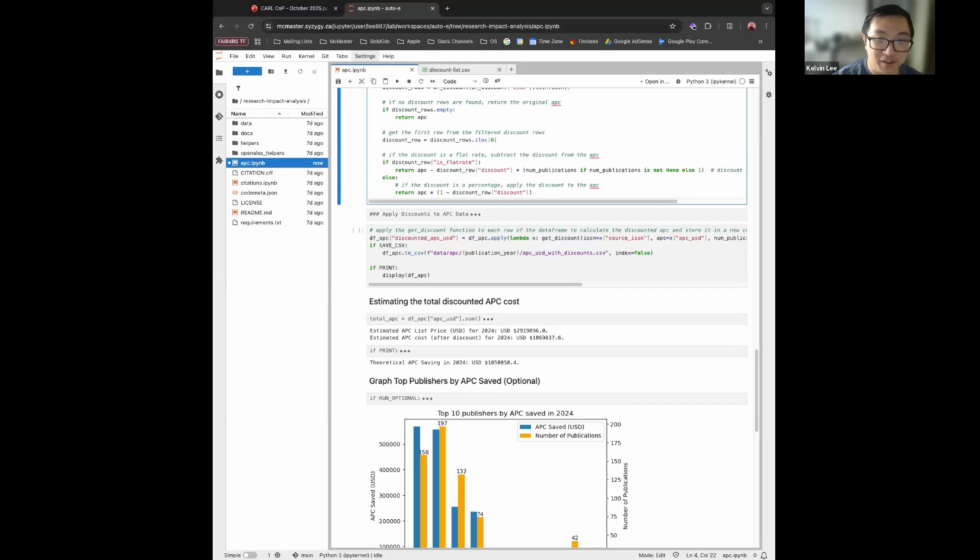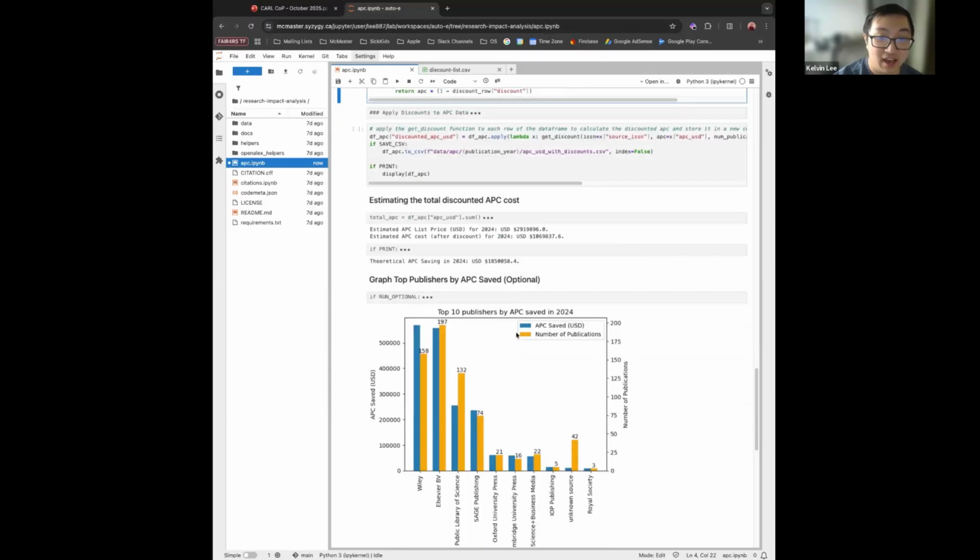So theoretically, we save about $1.85 million in APC because of these transformative agreements. And as you can see in the graph, we receive most of our APC discount from Wiley, Elsevier, PLOS, and Sage. And I want to pass the time back to Jack to talk about some of our limitations